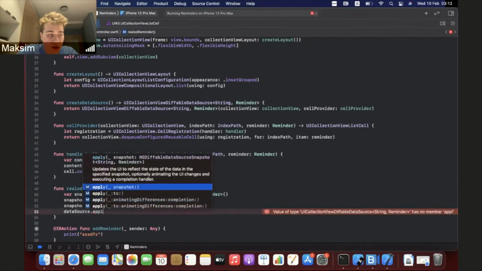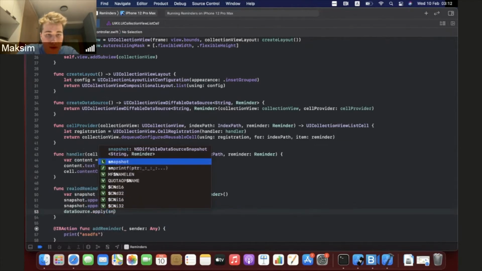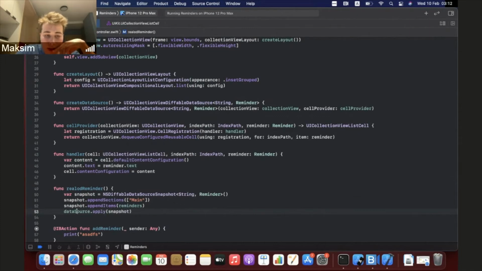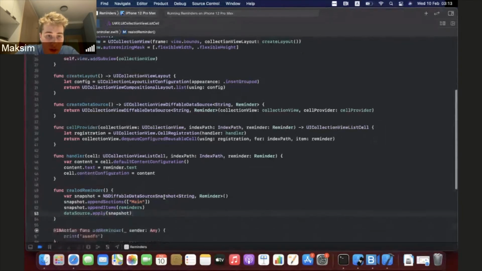Let's do a simple one here, a snapshot. So the data source is going to apply this new snapshot that we created, and keep in mind that the data source actually has our old snapshot that we applied before this current one. So it's going to compare them using that hashable thing to see the differences between the two snapshots, and then it's going to tell the collection view to reload itself based on the differences that it found. Which is pretty cool, because